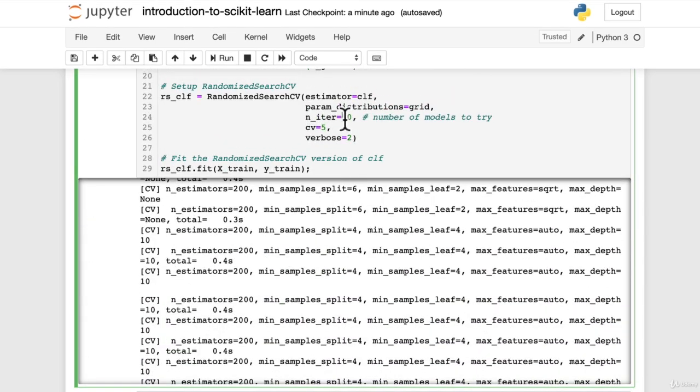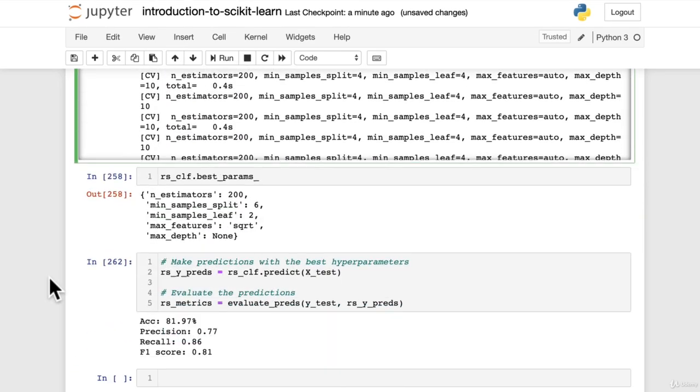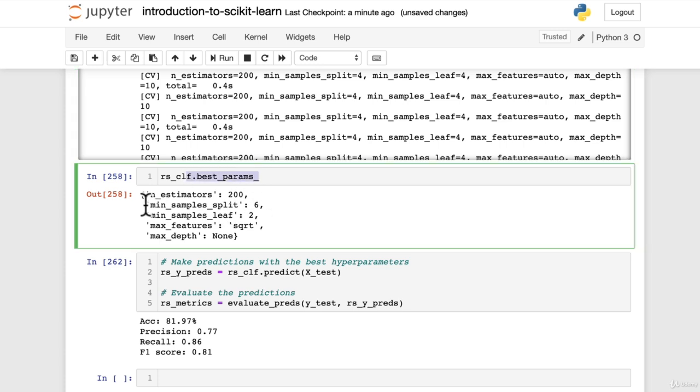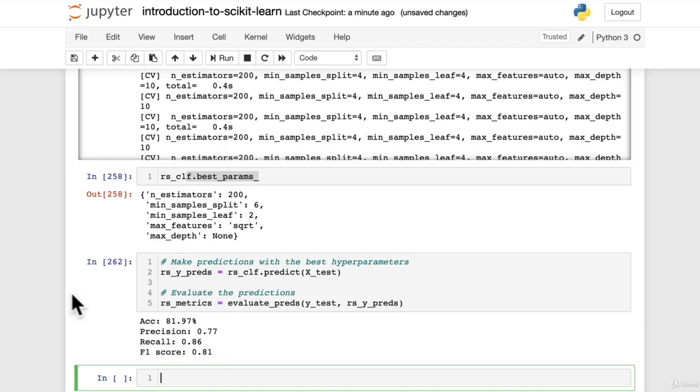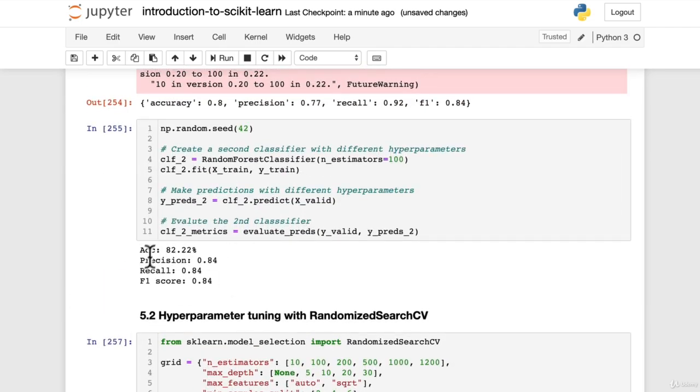Or we might change this back to 10. We don't want 50 models running off. And then after trying 10 different combinations, it found the best parameters to be this set of values here. Then after evaluating them, we saw it didn't really do as well as our previous model up here where we